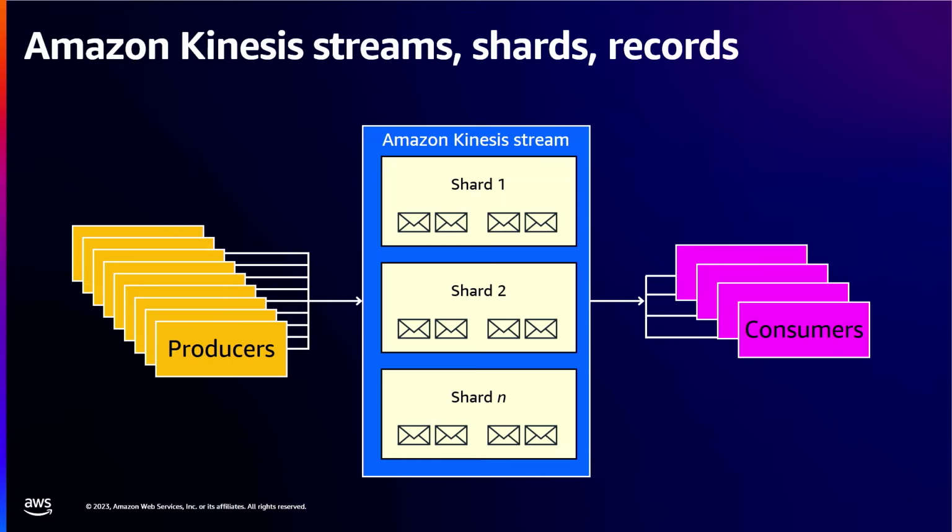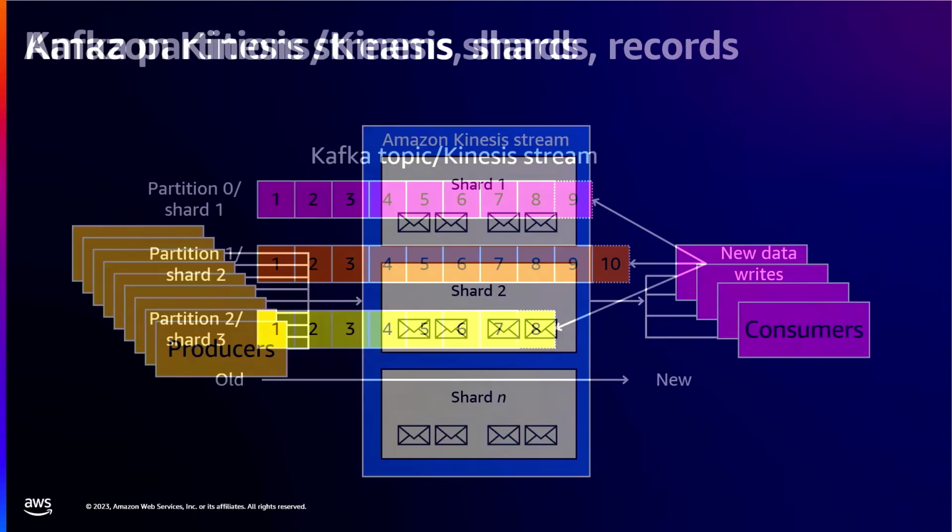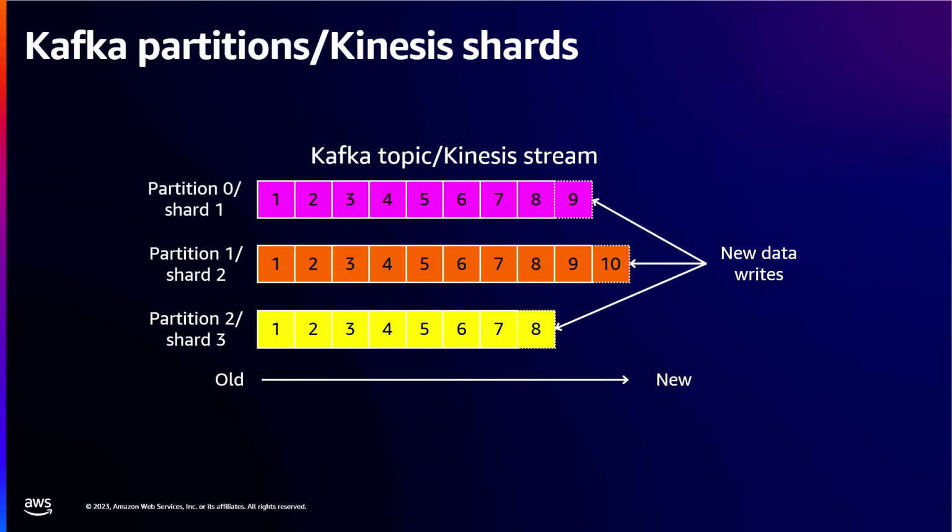And then within the streams, they are split into shards. And the shards are like partitions in Kafka to handle processing and throughput. So we've got partitions in Kafka and we've got Kinesis shards. Producers are going to put messages onto a particular shard or a partition, and these are then an ordered set of records. The important thing to know is that new records are always added to what's called the front of the partition or shard, and then older messages just age out by storage or by time.